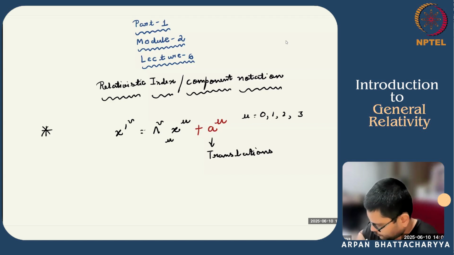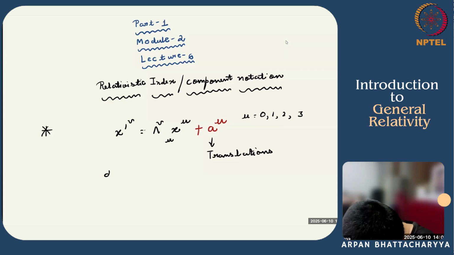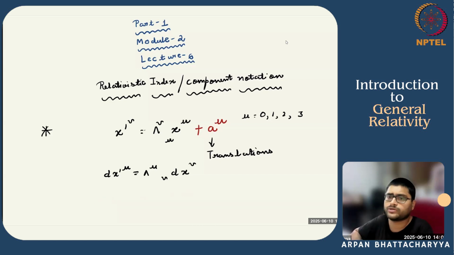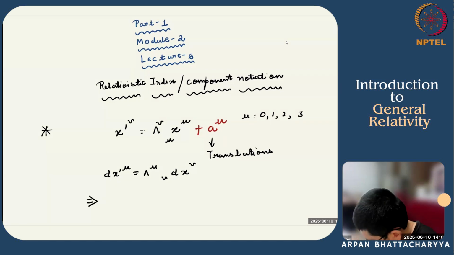Next, we will work with differences or differentials, which are of the form dx^mu. So if we work with the differential, then this constant shift drops out. So we don't have to bother about these translations, and we only work with the Lorentz transform. And now from this, it follows